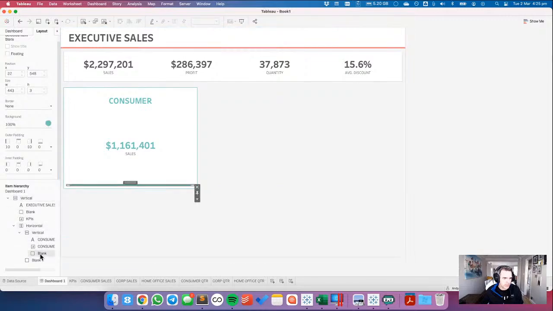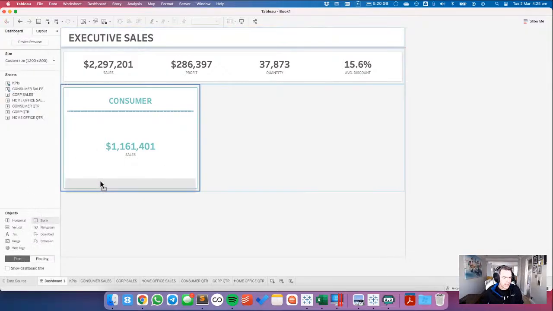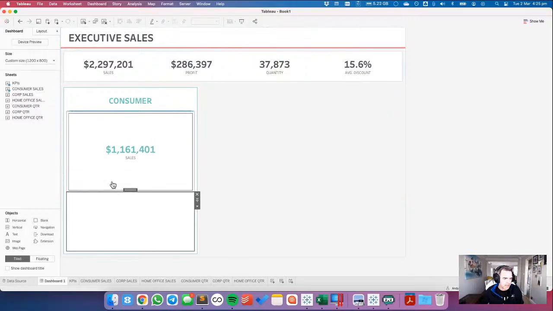So over here, this is where it's easier in the item hierarchy. So I'm just going to choose my blank object, and then I can just drag it above, and there we go. So now I'm going to bring in another blank, and this one is going to be that gray line,